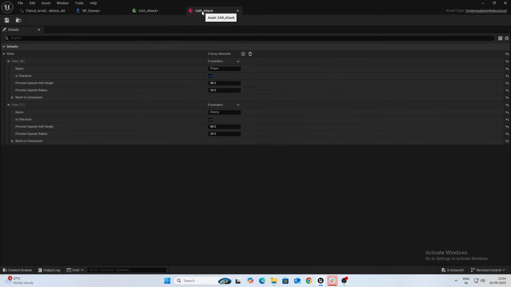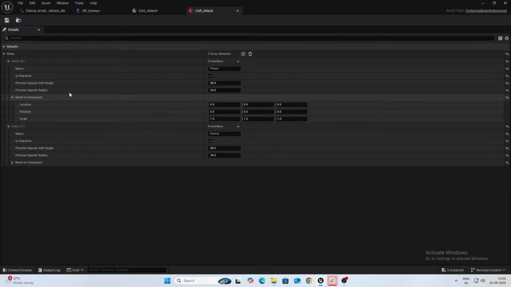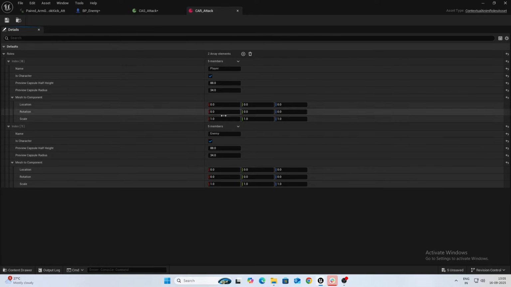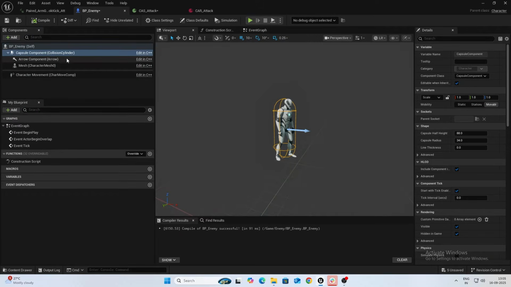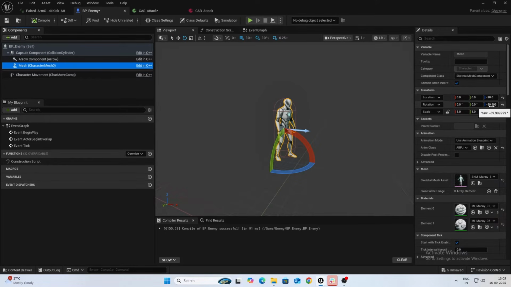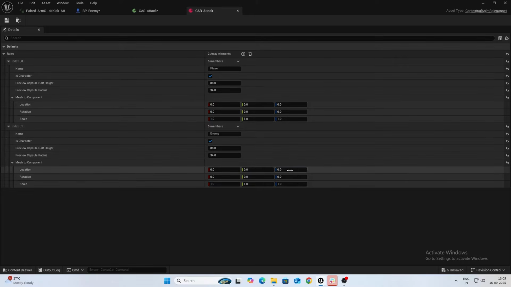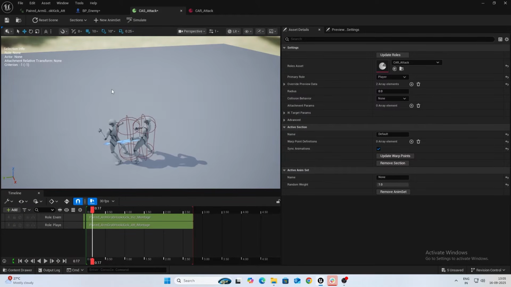So inside your roles asset, if you open mesh to component, you will find their scale and transform points. So if you see for the enemy, if I click on mesh, it's like -90 and -90 on location and rotation. Let's add that, -90, -90. Same thing with my player as well. You save. Now if I open this up again and reset scene, yeah,